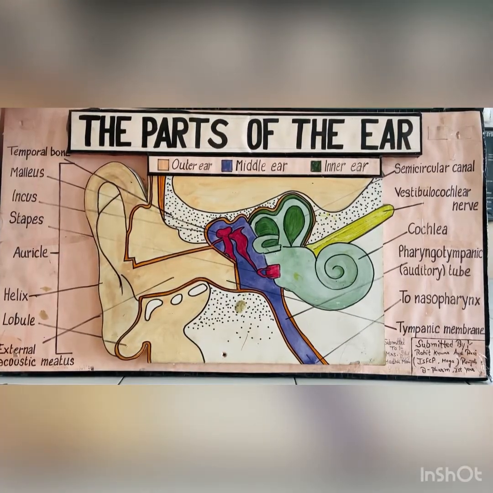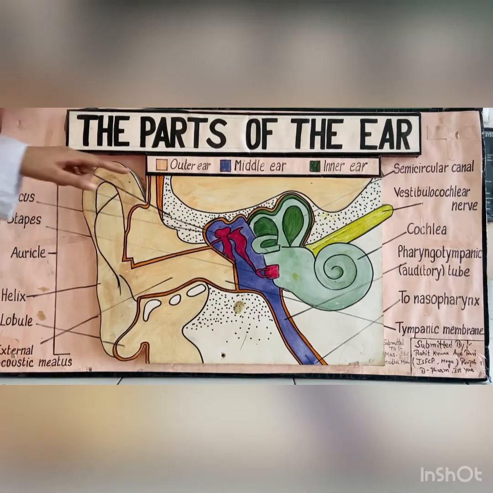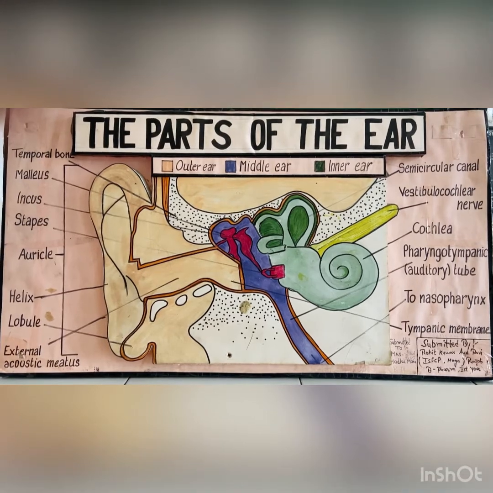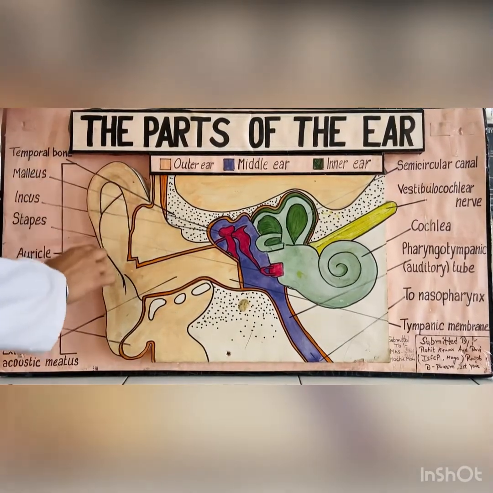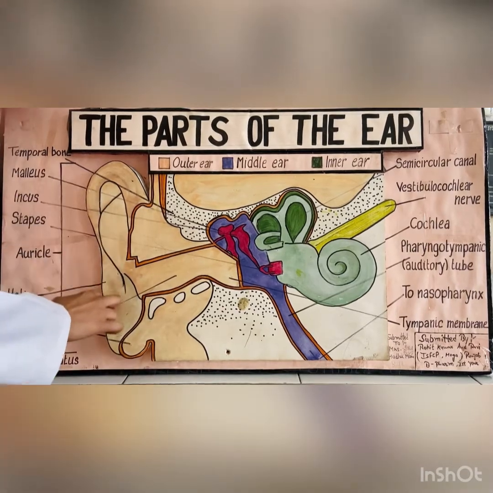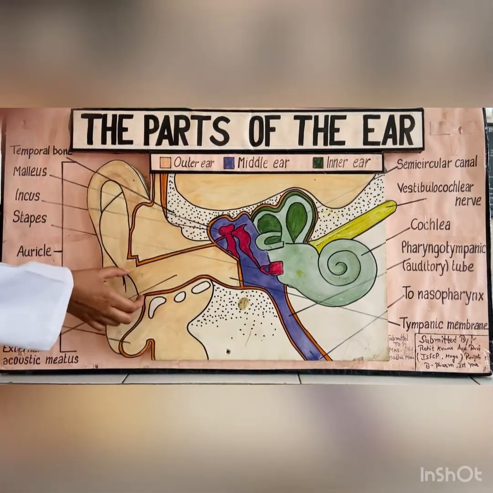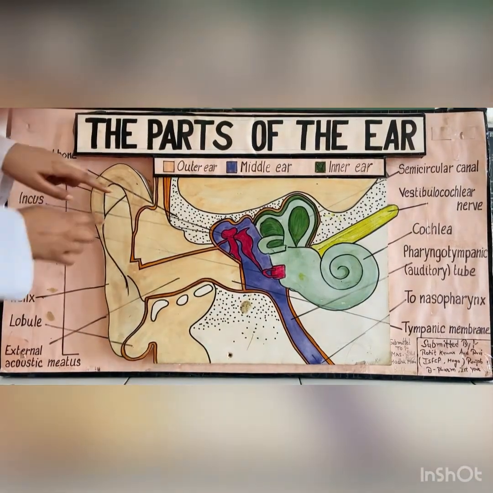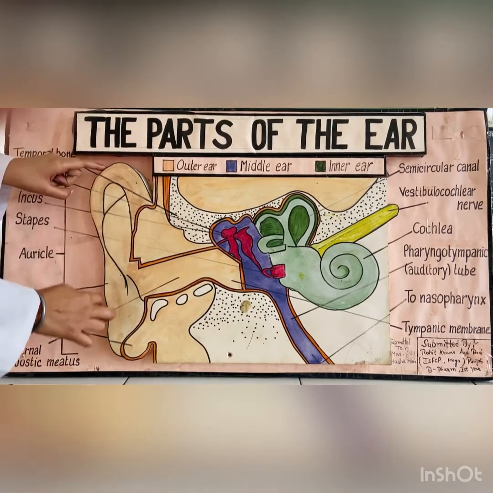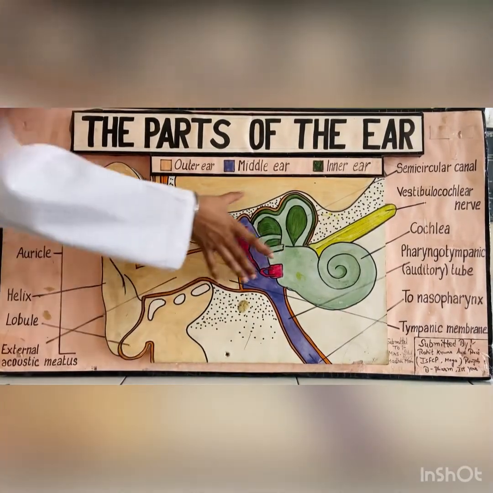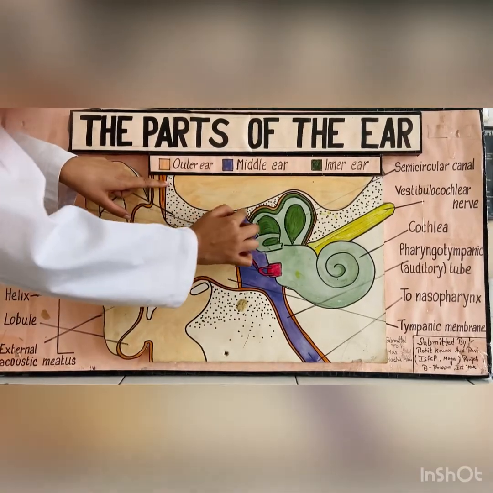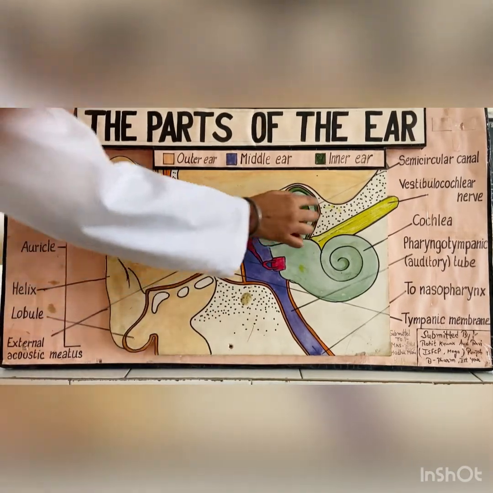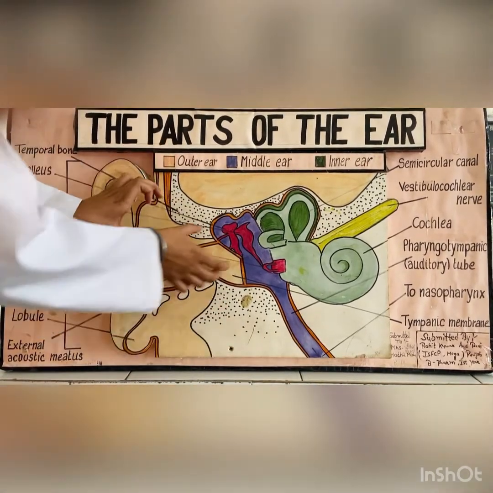Let's elaborate each and every part of the ear, starting from the outer ear. Our outer ear is divided into 2 main parts. The first one is the auricle, which is curved in shape and has ridges, and the other one is the external acoustic meatus. It is also known as the auditory canal. As I told you before, except for the auricle, every part of the ear is embedded in the temporal bone of the skull, which is shown white in color with some dots. It is the bone of the skull in which the ear is embedded.